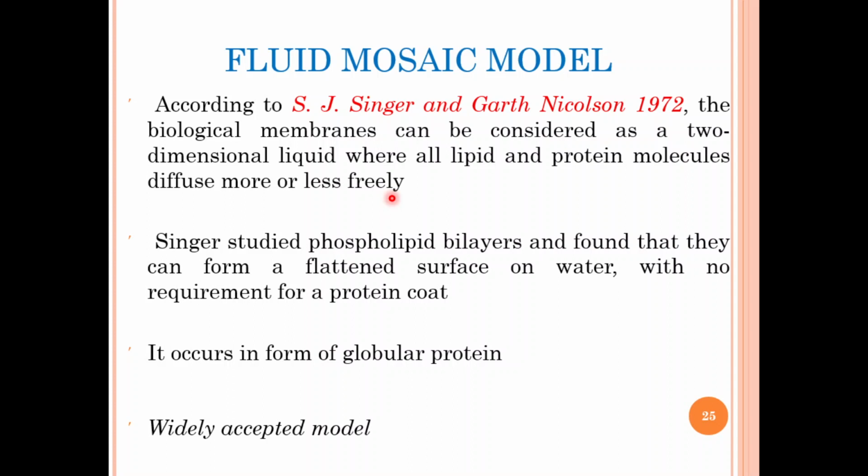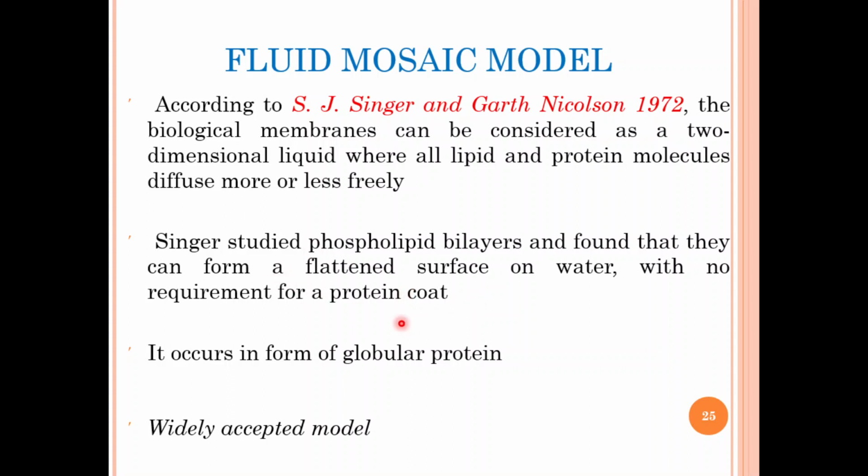This is the most recent model, and till now no other research has replaced the fluid mosaic model. Singer studied phospholipid bilayers and found that they can form a flattened surface on water with no requirement for a protein coat. That means the outermost protein coat, which was shown by both Danielli and Davson and Robertson, on the outermost layer of polar heads of phospholipids,